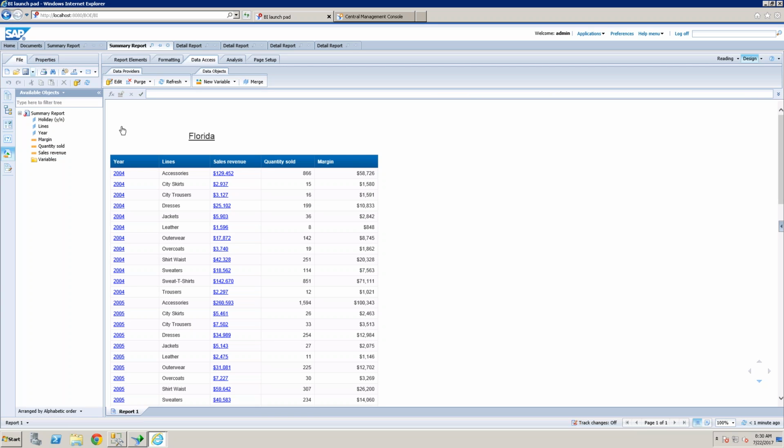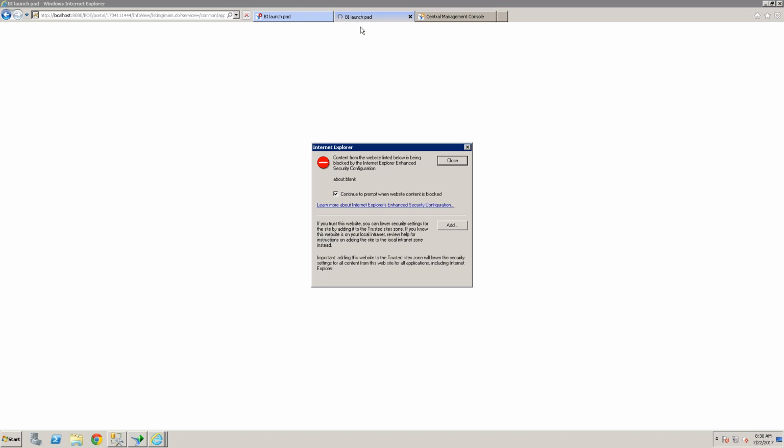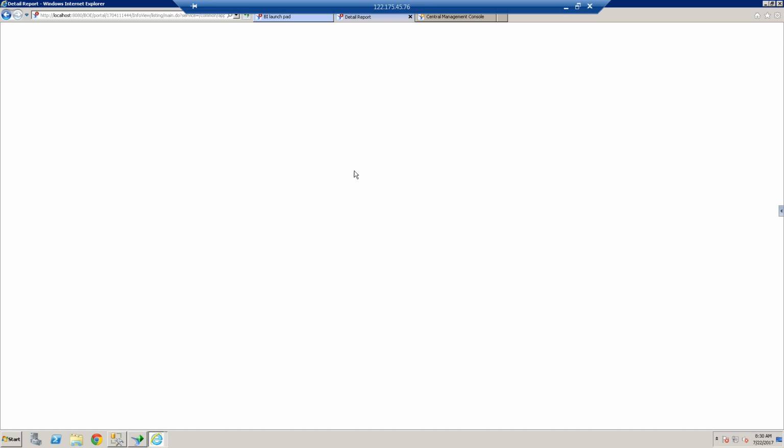Now save it. So if you click on 2937, then what happened? It will pass the year, product and Florida data. So it is trying to open a new link, right? I said a new window, so because of that, it's showing a new tab.